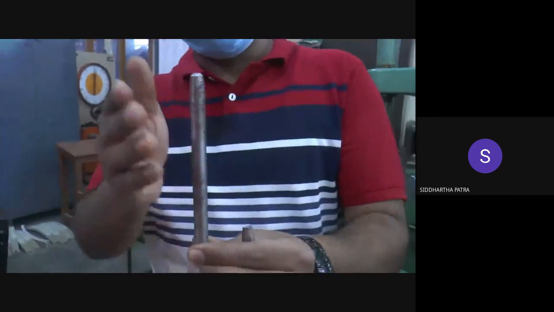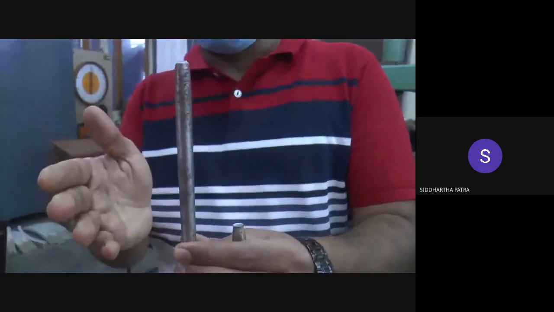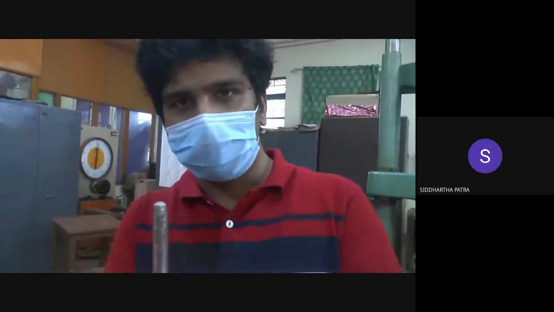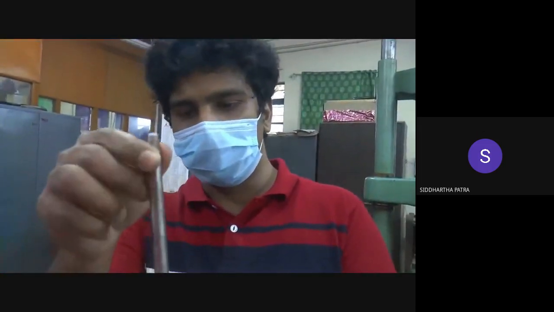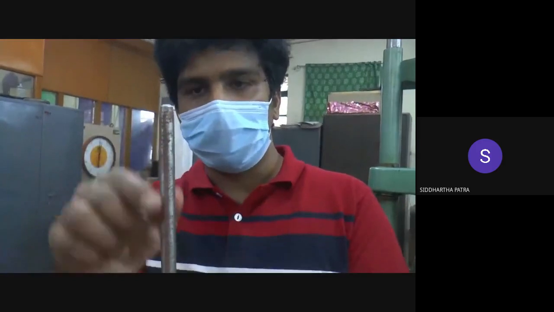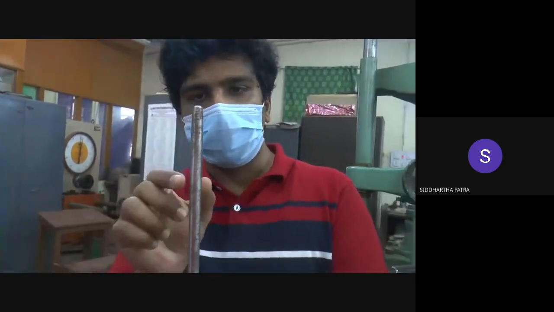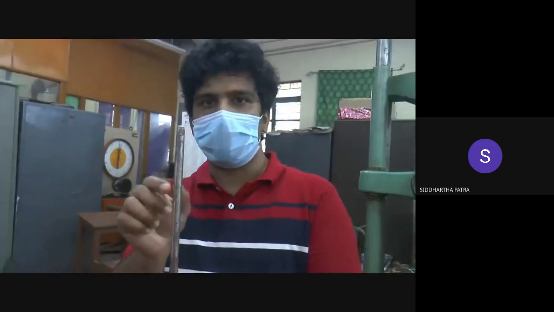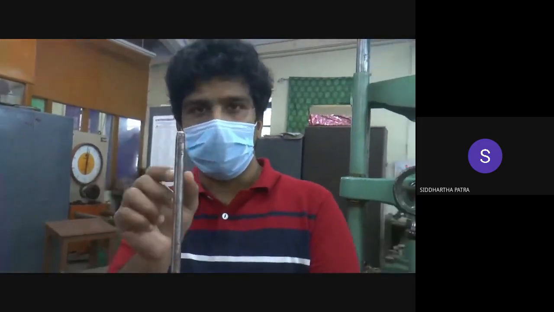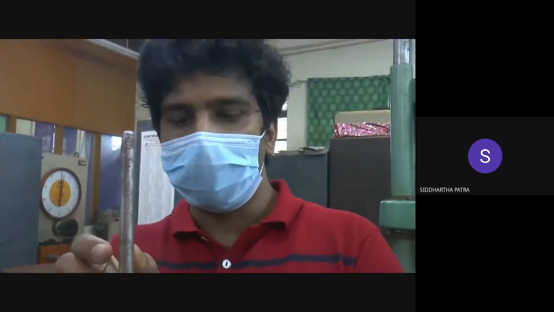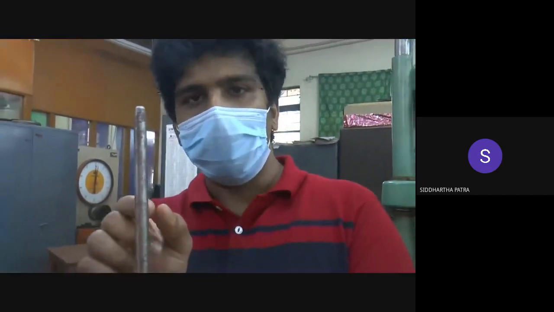Now, what is necking? While we are continuously loading beyond the maximum load value or the ultimate stress value, somewhere along the length of the rod, that means this uniform 10 millimeter diameter portion, you are supposed to see the rapid reduction in the cross section. Obviously, because of the elastic and plastic deformation, the cross section was gradually reducing, but somewhere you would see rapid reduction, eventually leading to failure.